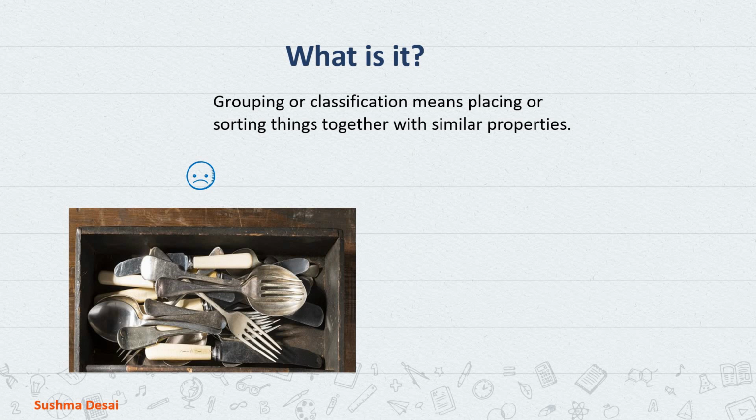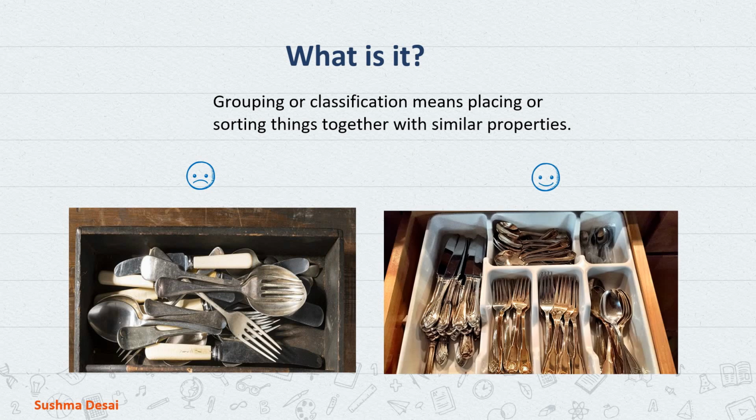Now imagine your dad brings you your favorite ice cream and you want to have it before it gets melted. You go to the kitchen to get a spoon so that you can eat it fast. And you go and open the drawer and you see this state. So you're very anxious and you feel so sad. But if the spoons and forks are arranged in this way, won't you be able to eat your favorite ice cream as soon as it comes? Because they're easy to locate. You're easily going to find the spoon in its place, right? So this is the importance of grouping or classifying.